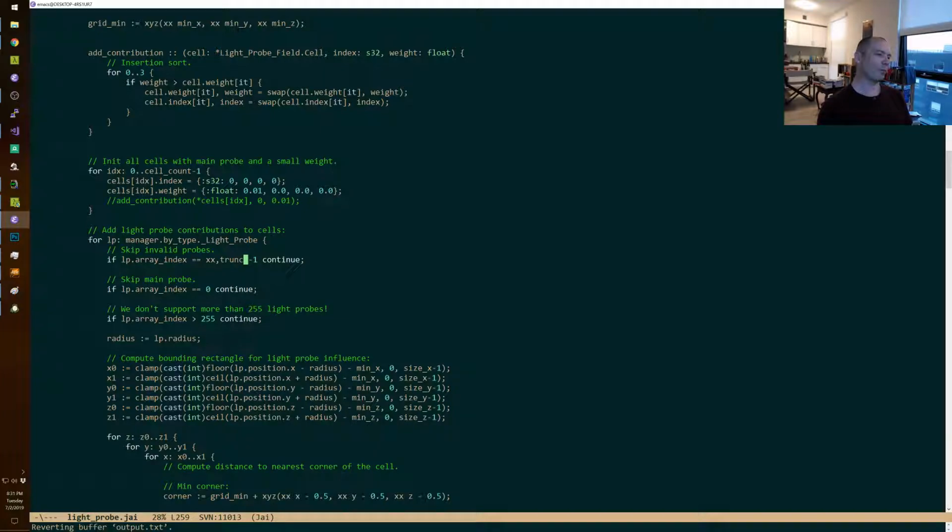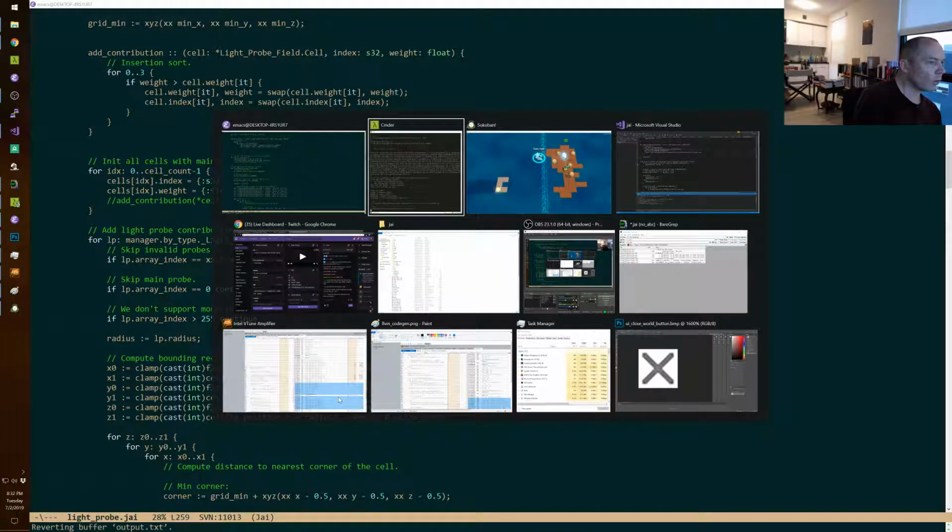And save you some time. Do we implicitly promote integers that are safe? Yes.